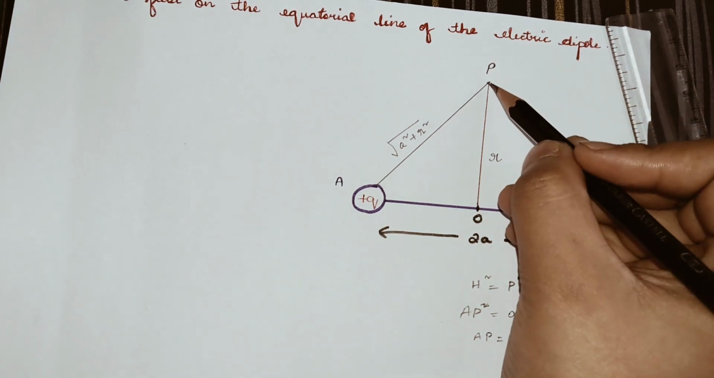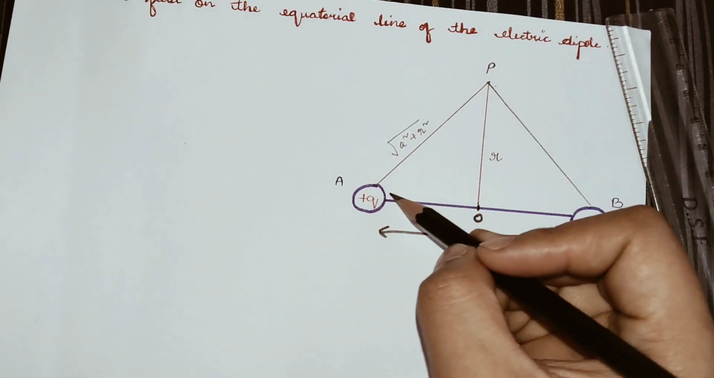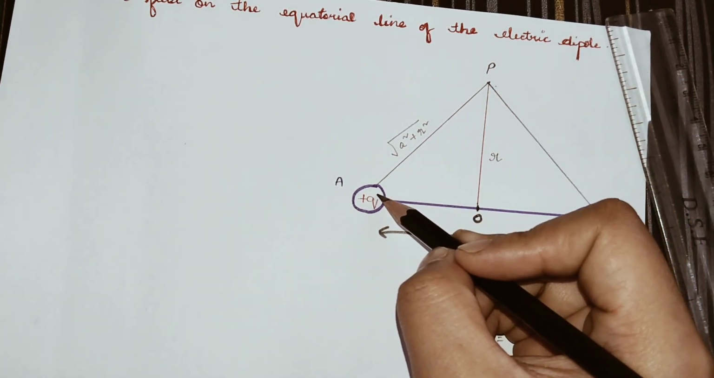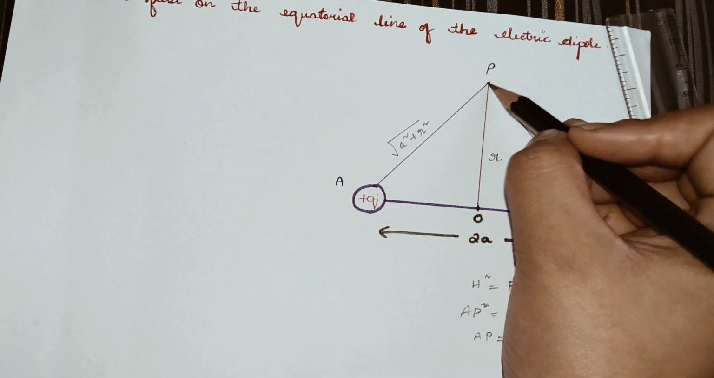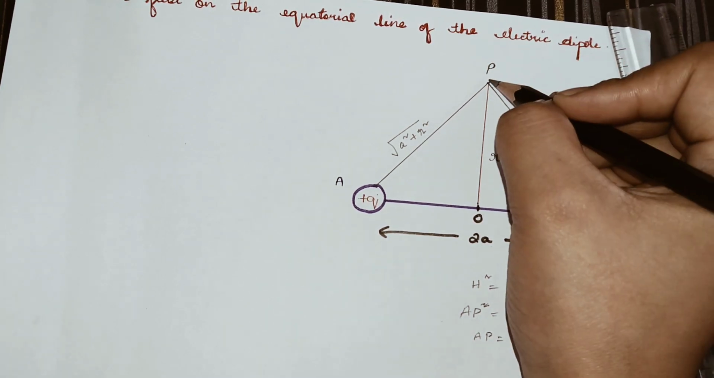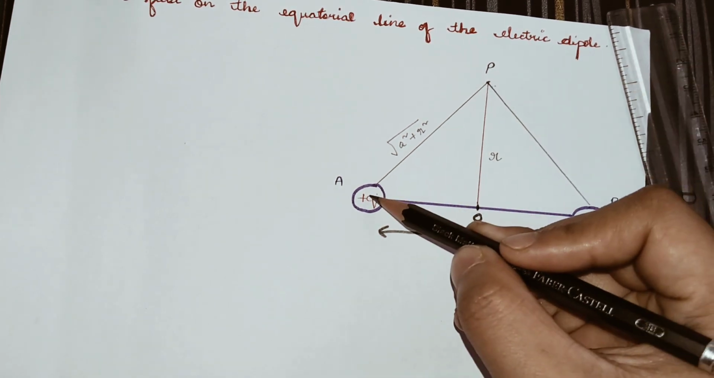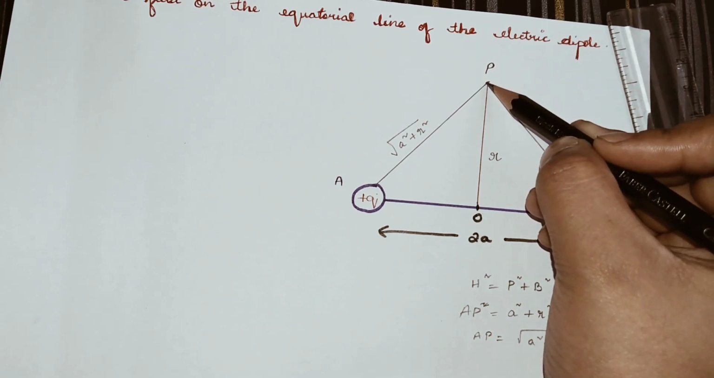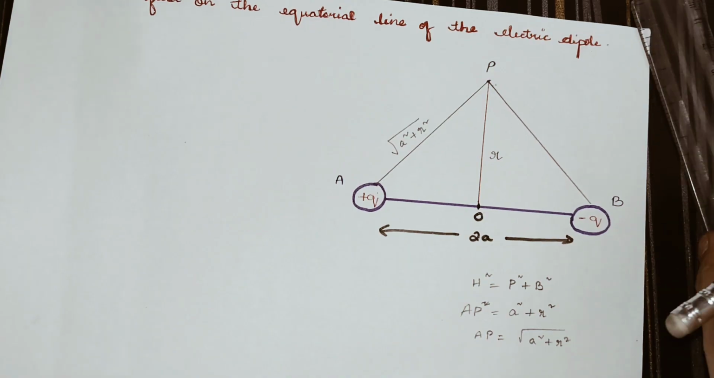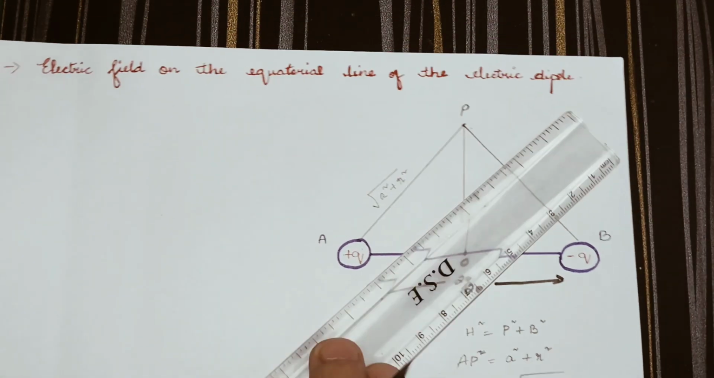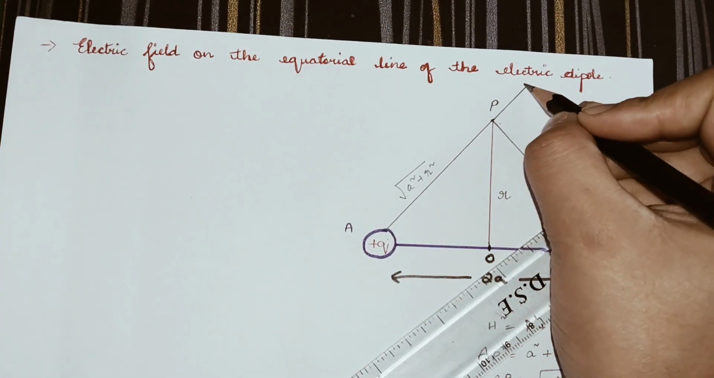Now let us find the electric field at point P due to plus Q charge. Whenever we find the electric field at any point, we normally consider a test charge to be present. So suppose we have a test charge here which is obviously positive in nature. Because of this plus Q and the test charge, positive and positive will repel one another. So because of that repulsion, the electric field line direction would look something like this,